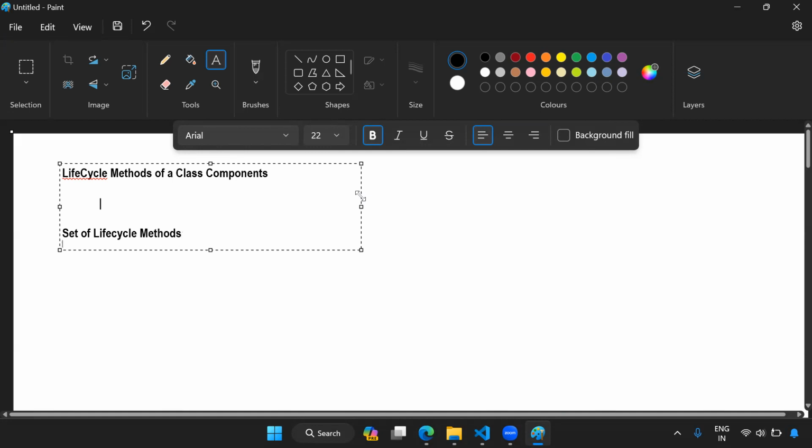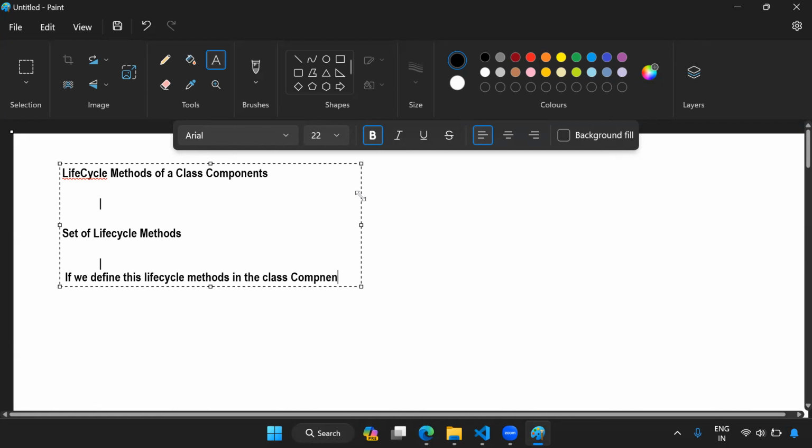If we define these life cycle methods in the class component, then